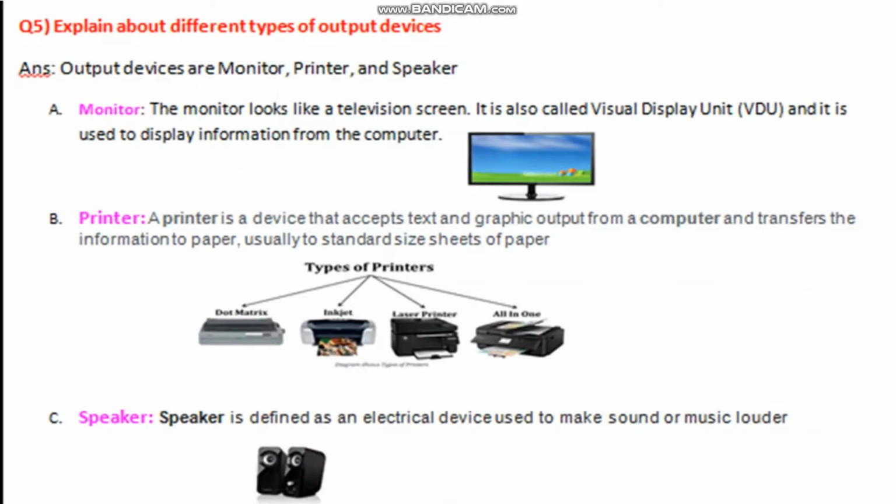You can do color printing. Speaker is defined as an electrical device used to make sound or music. It is used to listen to songs, music, like that.